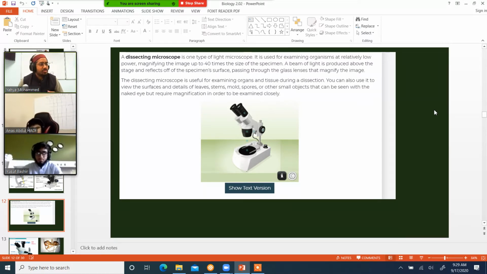Right, what's the difference between this microscope and that one with the objective lenses that we saw? There's no objective lens in this. Right, so there are no objective lenses. It says dissecting, right? So in this one, you don't usually use slides. You're actually shining the light from the top, and then you're looking at the surface of something. So in this one, you're not using slides, right?